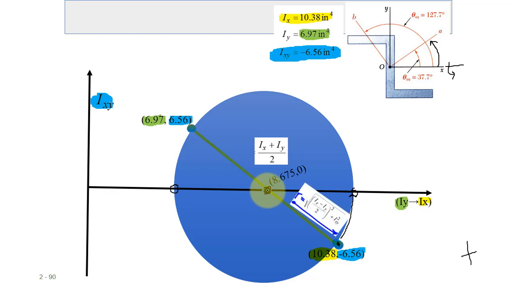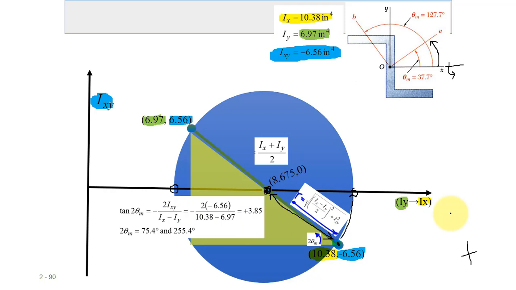To get the radius of our circle, we're looking at kind of just an a squared plus b squared equals c squared, right? So from top to bottom, we can make a big triangle or a small triangle, but you can figure out what the radius of this circle is from the coordinates of it. And then once you have the radius, you also can figure out what the angle is. Right? And remember, the angle that shows up on the Mohr's circle is actually twice the angle that you rotate the coordinate system with. So this 2 theta m,